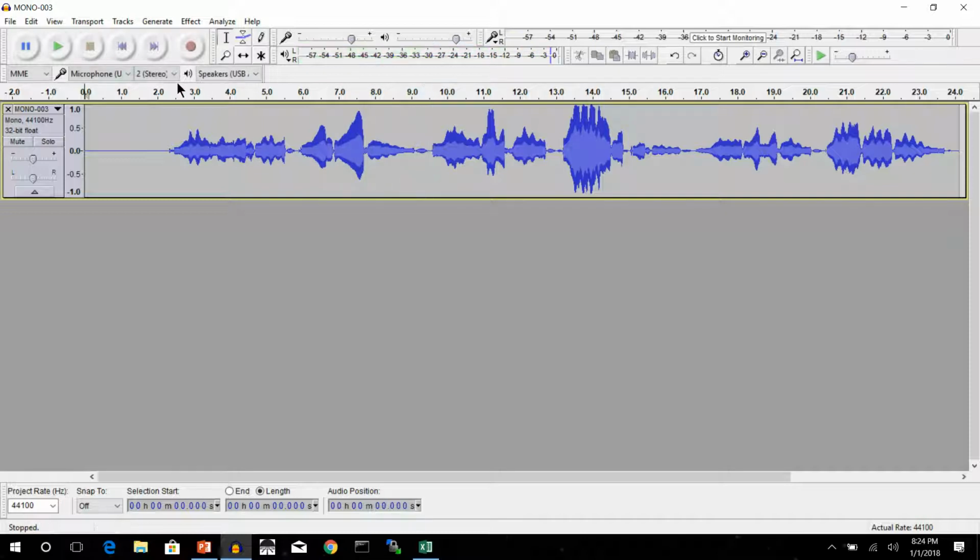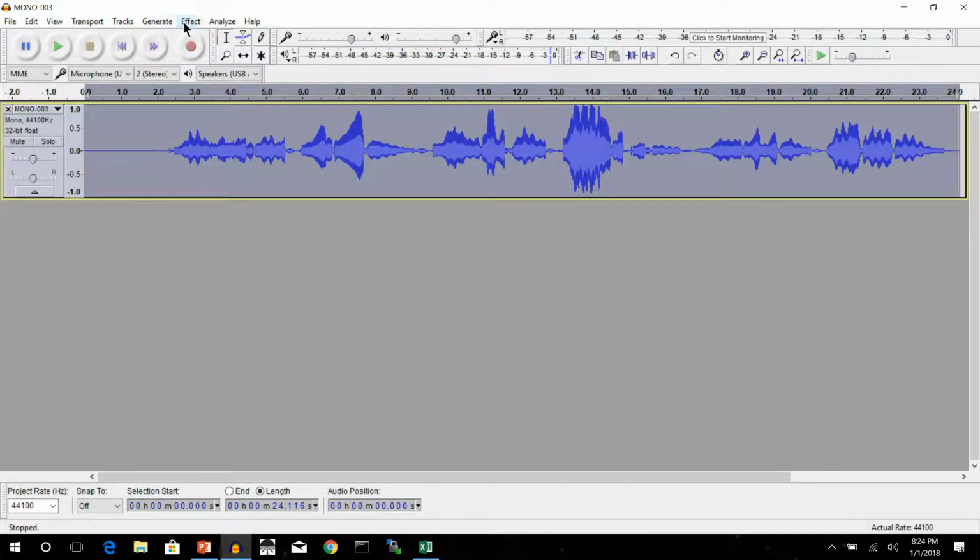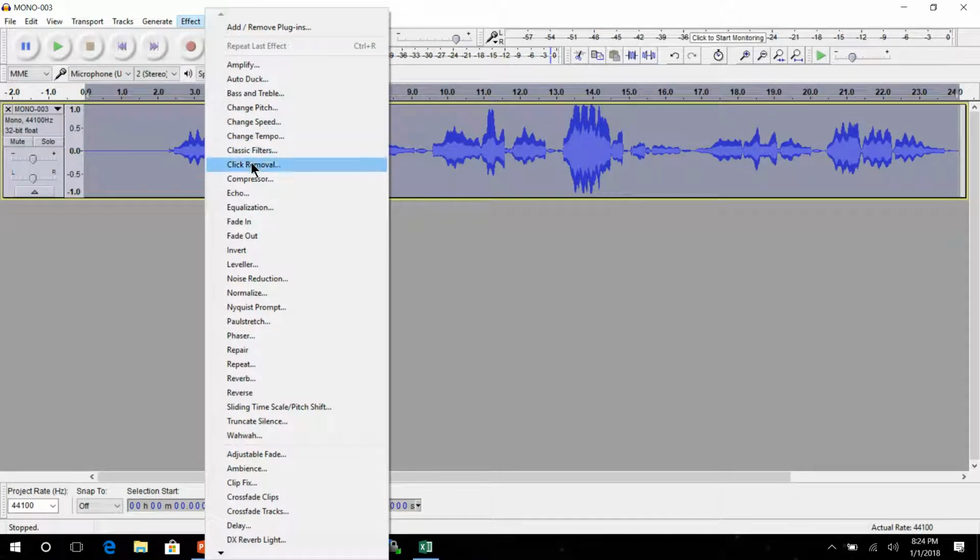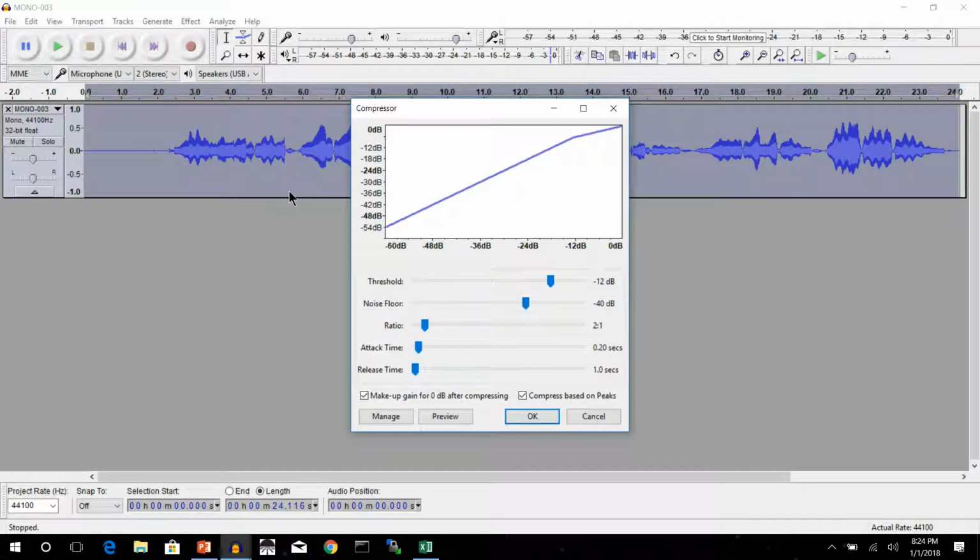Verdbrun. Okay, so that's a bit of a problem. So we're just going to work with this piece. We're going to take this piece. We'll keep the whole thing in there. So one of the things that we have is a tool called a compressor. So Effect, Compressor. What a compressor does is it allows us to go through all of these channels and raise